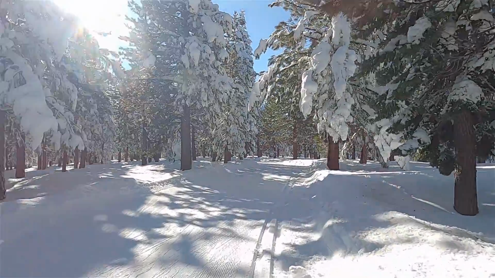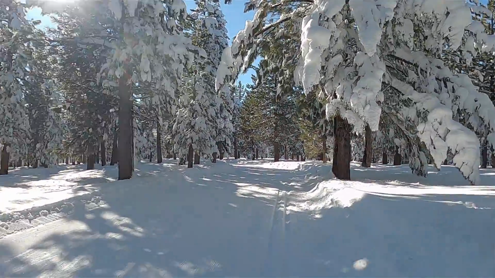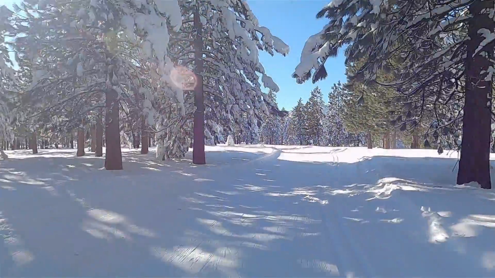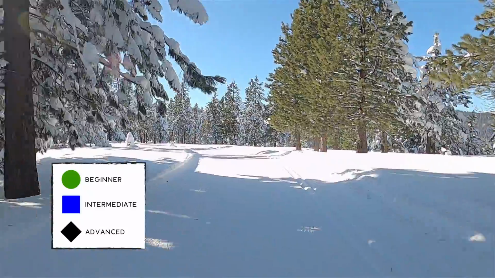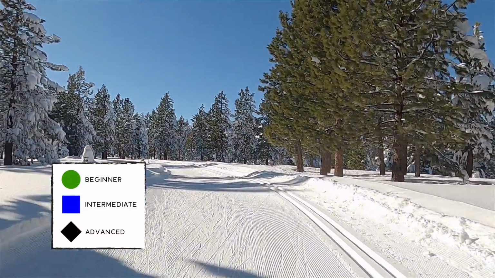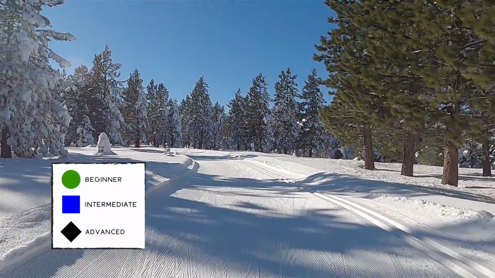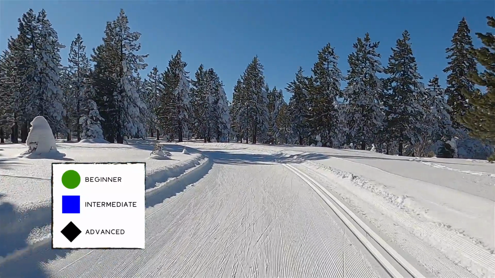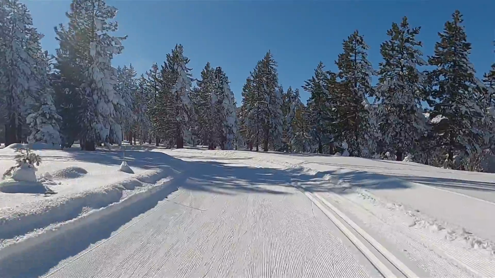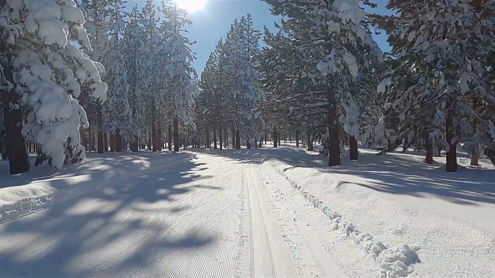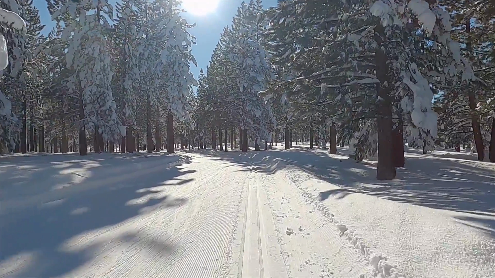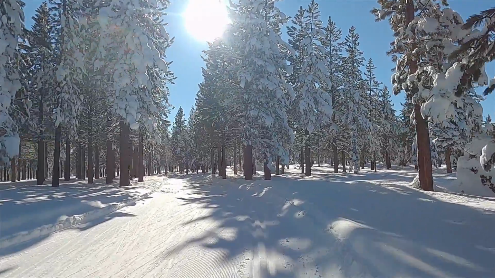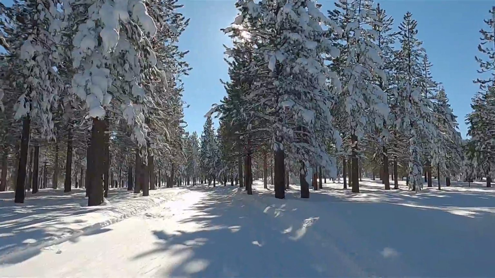I've split this video into 4 different parts. The first part, which we're watching right now, is of me skiing about a 3-mile green loop or beginner loop. The second route is a blue route. The third route is mostly black. And then the fourth segment, the last segment of this, is me skiing downhill from the highest point at this cross-country ski resort, starting at black, and then as I make my way down the hill, transitioning through blue and then green terrain.